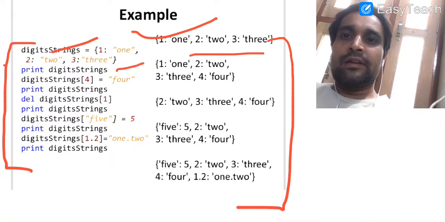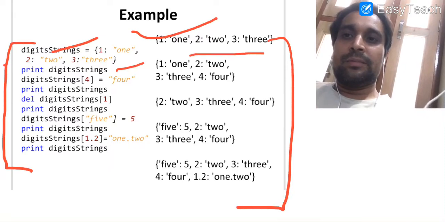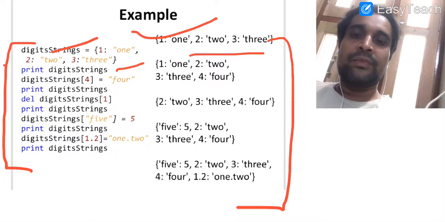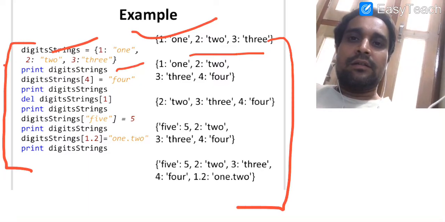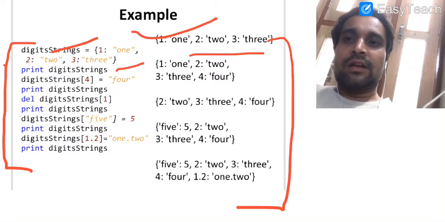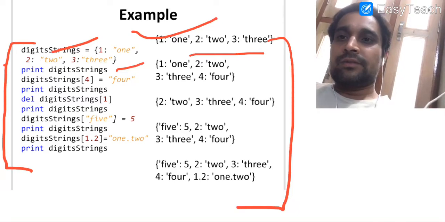It is not mandatory that the dictionary will be represented in the same order as we have specified at the time of declaration, because the dictionary that we use in Python is an unordered collection of elements.